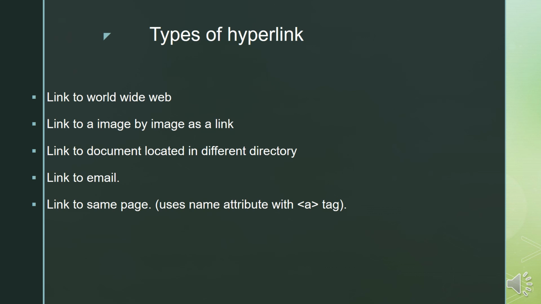This type of anchor is called a named anchor because it creates a link in the same page. Now we have learned about all these tags. We will learn the implementation of all three types along with different versions in the next video lecture in the form of a practical.